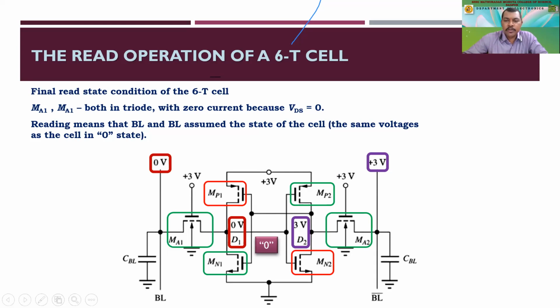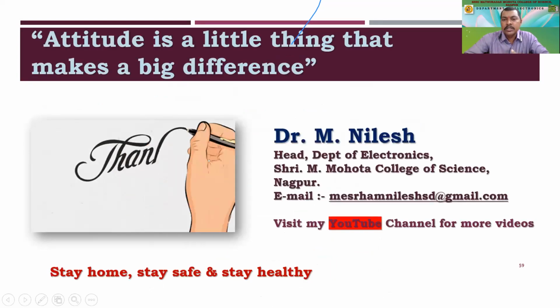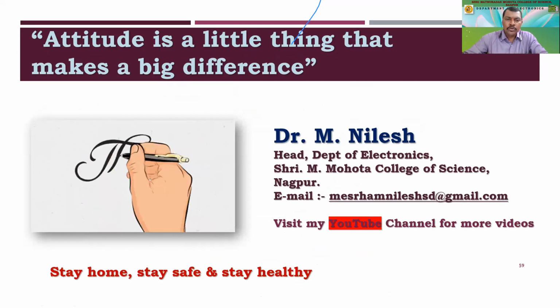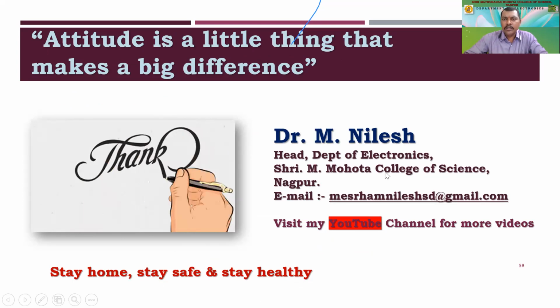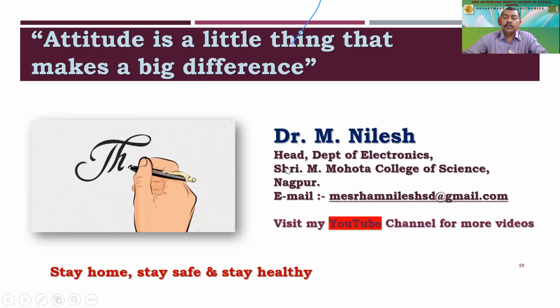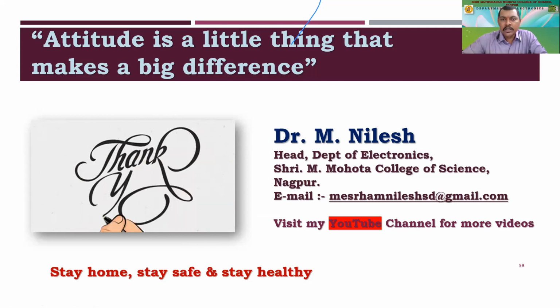And the leakage problem of a capacitor is another issue. And because of that only, it is an analog sort of storage, whereas this static RAM is supposed to be the digital type of storage. Okay. So I guess this much is enough for today. I will continue this in the next class, how we can write the data in the 6T cell or the static RAM, right?